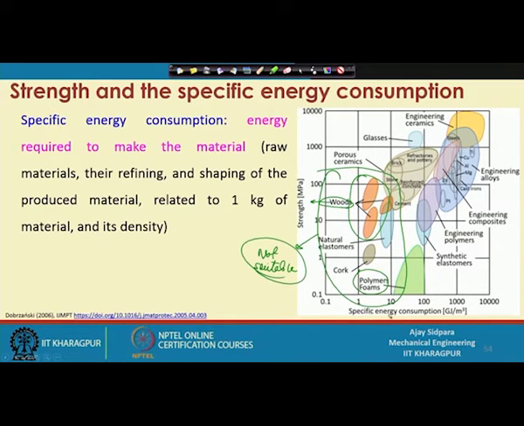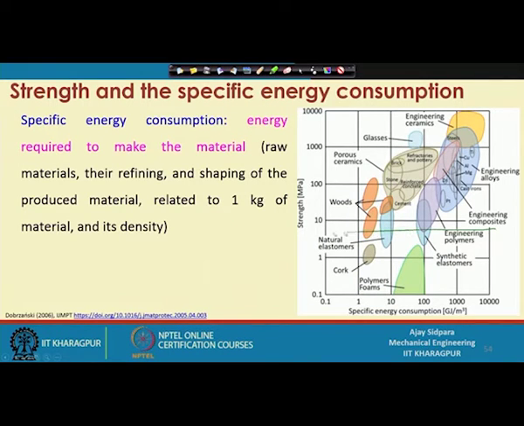Now, what you have to think about is that you need high strength. If you go in this direction, now see, let us divide this part in terms of strength. So, these are the strength axes. Now, suppose you are going with 1000 MPa or 1 GPa. At that time you have a reasonably good amount of material, but the problem is that for processing those components you have to spend a huge amount of energy. That is the big problem.